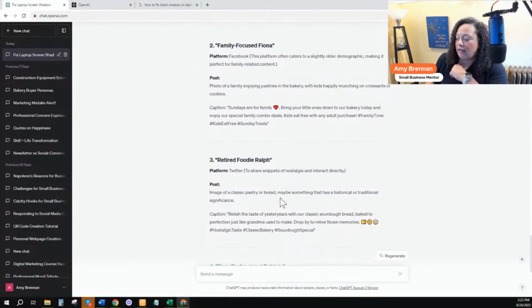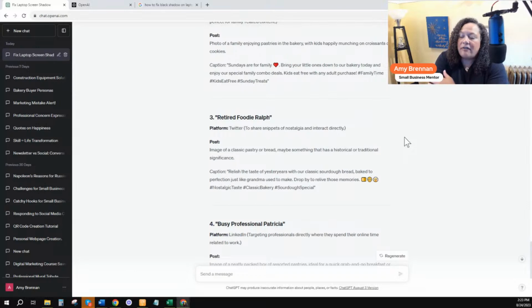Retired foodie Ralph. Okay, let's talk about this. It says platform Twitter, and most of us know at this point Twitter is now X, and that's a whole other conversation. But it does bring up a point that I would like to add. When you're using ChatGPT, remember it's running off of an established set of